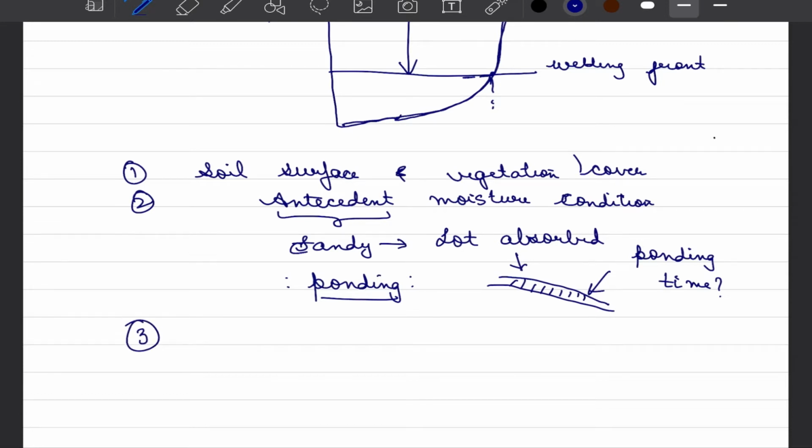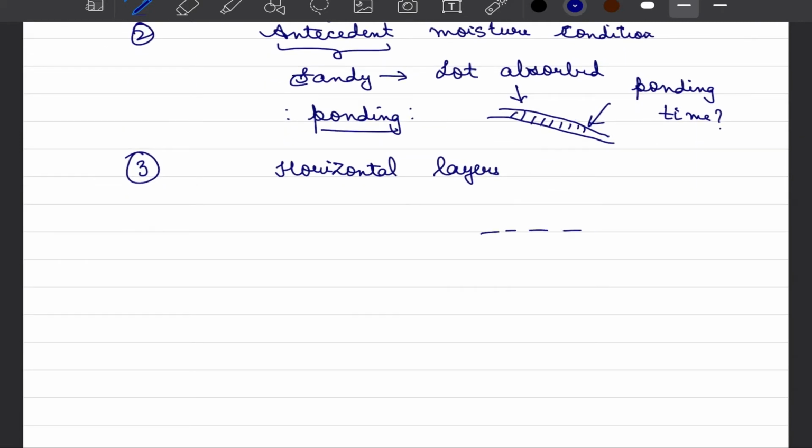Also, it would depend upon what the arrangement of horizontal layers of soil within the ground is. For example, we may have a sandy soil resting on top of clayey soil. Now this sandy soil has higher porosity in comparison to clay soil. So water would be able to penetrate quickly into the sandy soil, and as soon as it encounters another heterogeneous material, which is clay, the rate of infiltration would vary greatly.